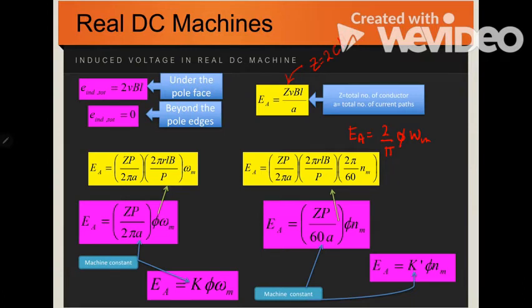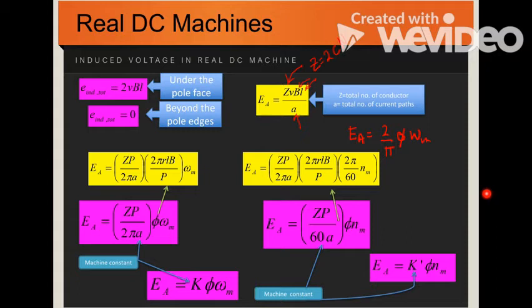And then you also have the linear velocity, the magnetic field density, and then the length of the conductor, and A is the total number of current paths, which depends on the type of winding. So generally